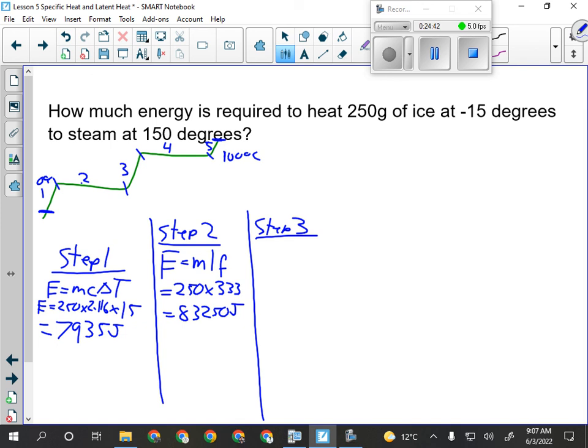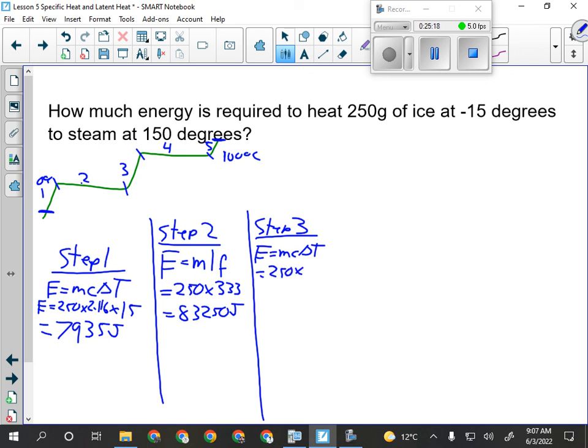Okay, what am I doing in step 3? I start step 3 with liquid water at 0 degrees, and I'm going for water at 100. So what formula am I going to use? I'm going to use MC delta T. The temperature's changing again. Anywhere the temperature is going to change, I'm going to use the formula that has temperature change as part of it. So 250 grams times